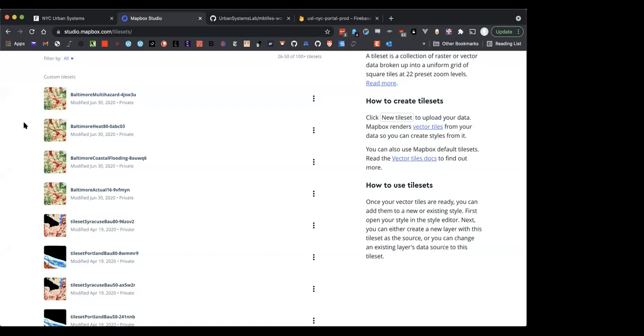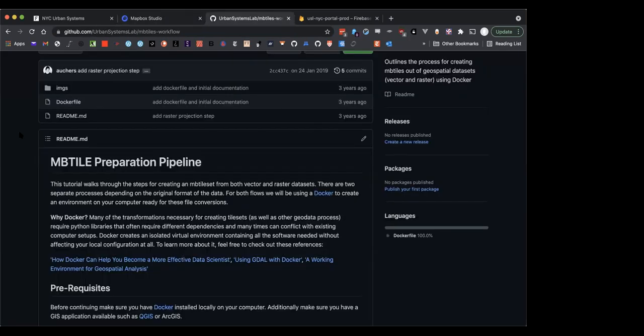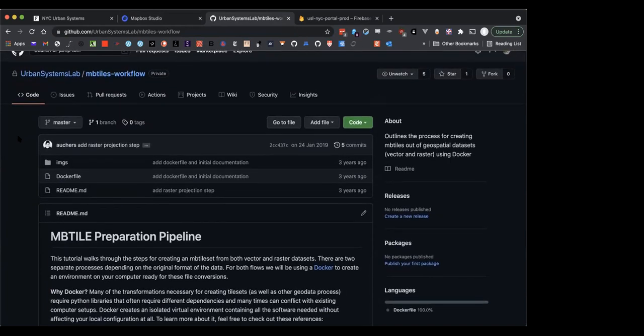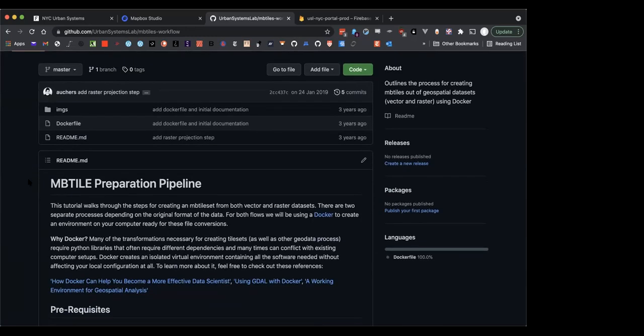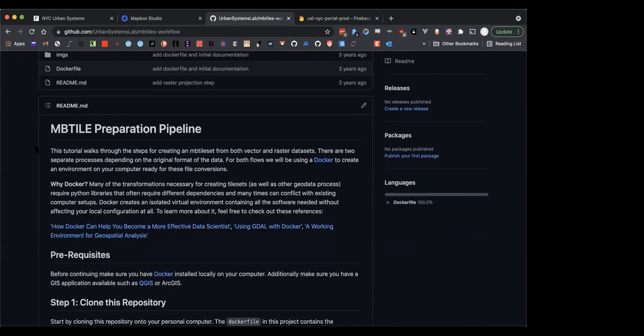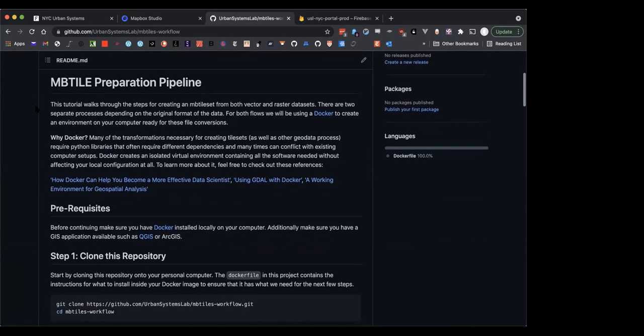That would be great. So the repo that Daniel is referencing here is this one entitled MBTiles Workflow, which is one that O'Share created a couple of years ago. O'Share was one of the original minds behind the design of this website. And so when she was building it, she also created this run-through repo, which is essentially just a README detailing the steps required to get GIS-style data from various different origins